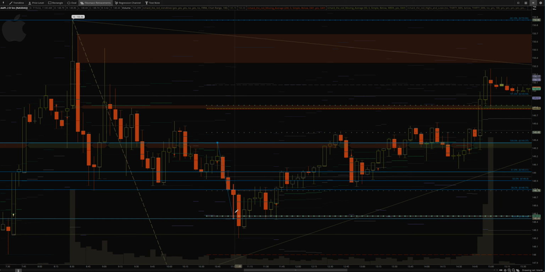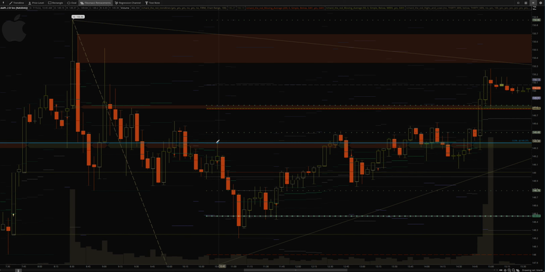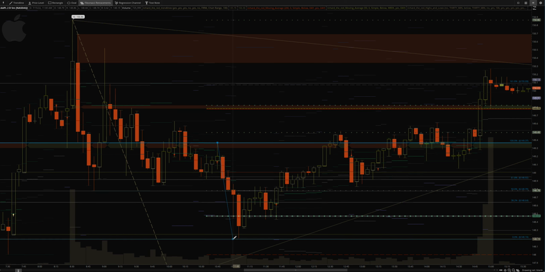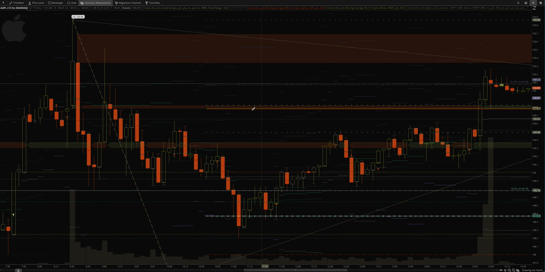Oh, and the other thing about this that's kind of cool is I also have the 161 lines on it, and I'm drawing it from the peak to the trough, and it'll draw a line. This is the little purple line up here. This is often a line, not usually on Apple, it doesn't usually get up here, but you can see later on, this just from this little area, there's confluence here too with the pre-market high. I mean, all of these just sort of add up to, this is an important level. So it does end up rejecting off of that. This is also the 150 psych level, which is a pretty important one